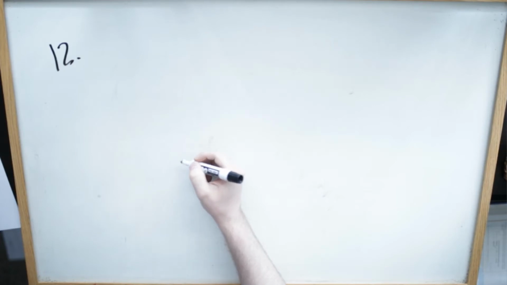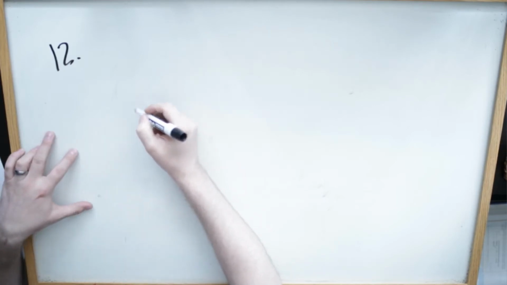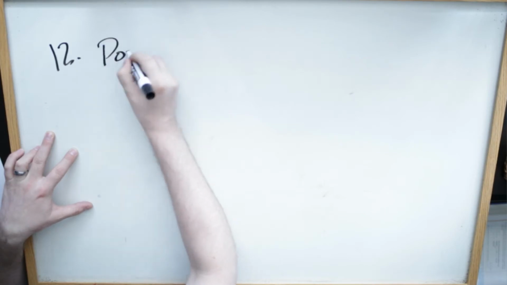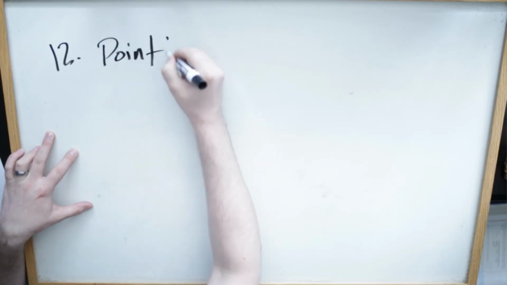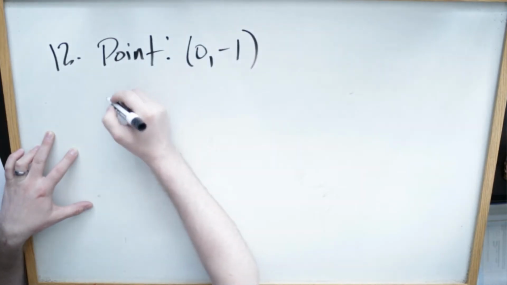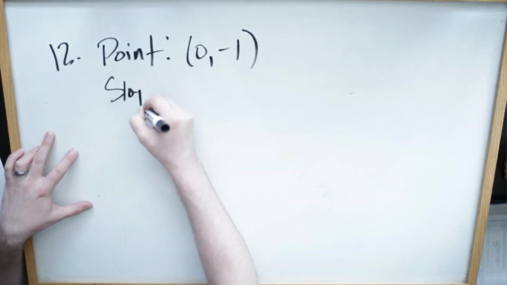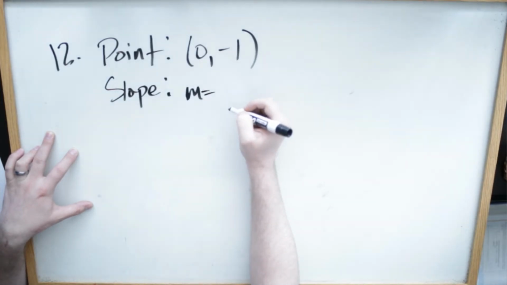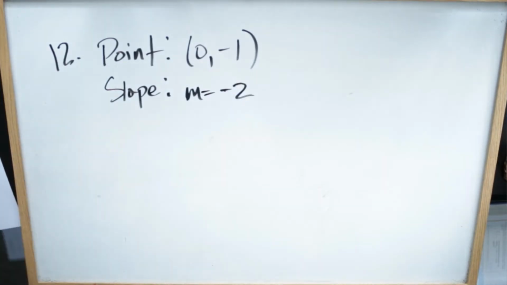Okay, so let's go through question number 12. Question number 12 says to use slope intercept form, and let's find the point. The point given is (0, -1), and the slope, so we can just say m is going to equal -2. They say the slope is -2. So now in this case,